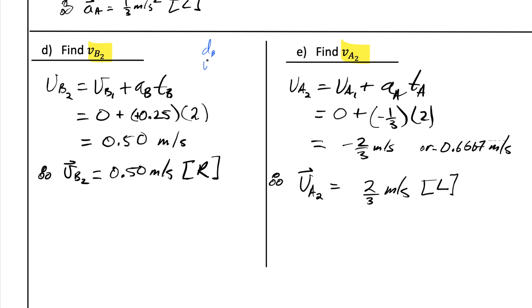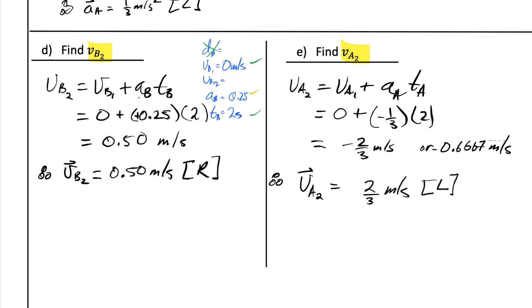So we have dB, VB1, VB2, acceleration B, time B. So the time was given of 2 seconds, and we know they both start from rest. So the VB1 was 0 meters per second. And the third thing we need, obviously, is one of the remaining kinematic parameters, either dB or the acceleration. And we have found the acceleration to be 0.25. So we have 2 green givens and 1 amber. Hence, and of course, we're not working with dB,